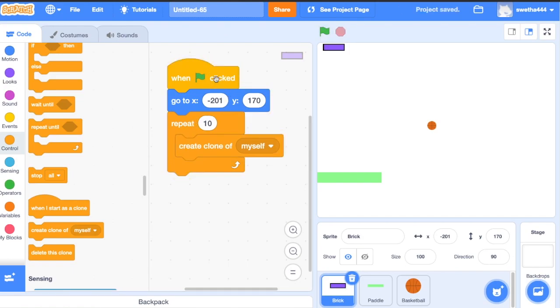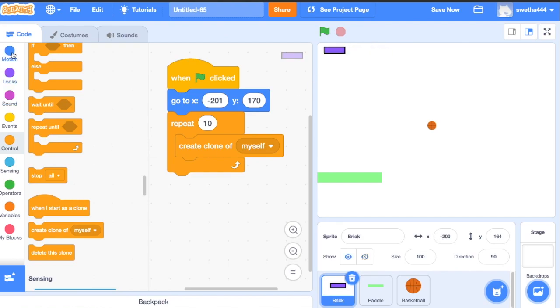If I execute, here clone will be created on top of the brick only. So we don't want that. We want each brick to be created side by side.